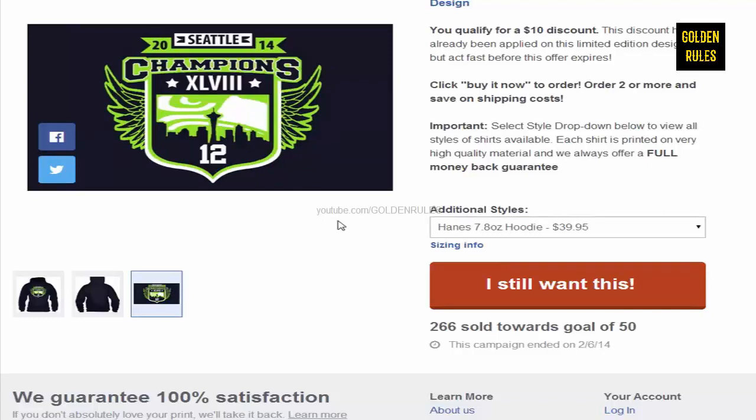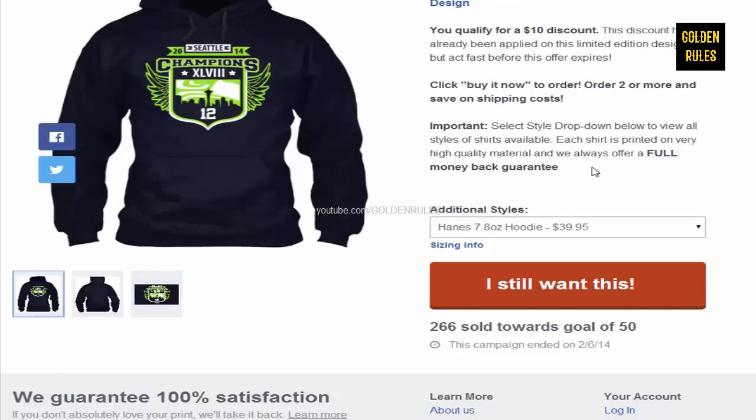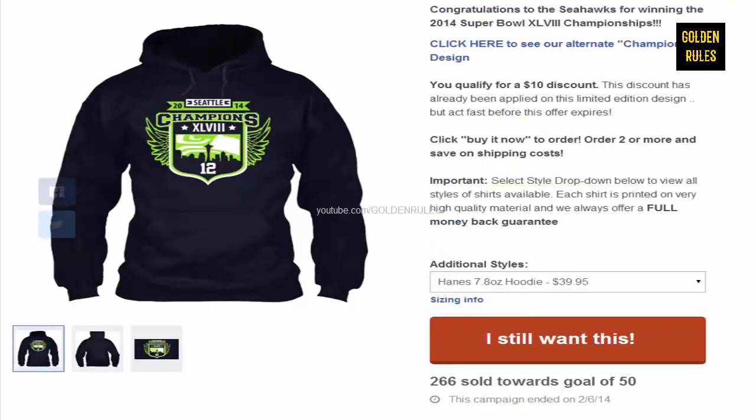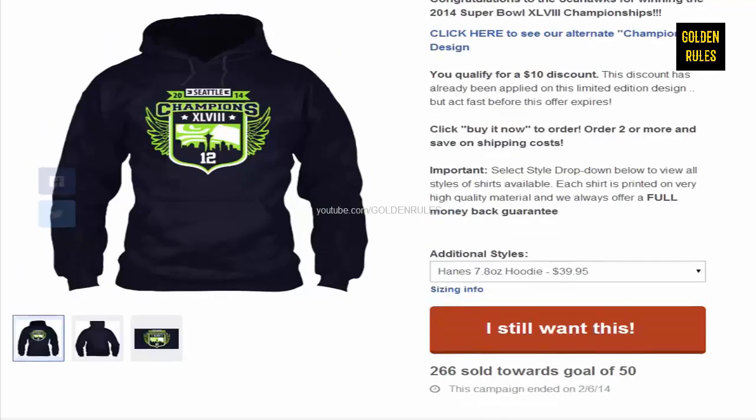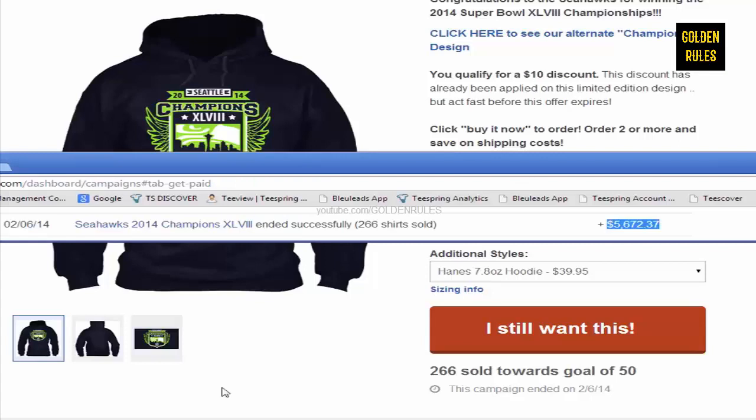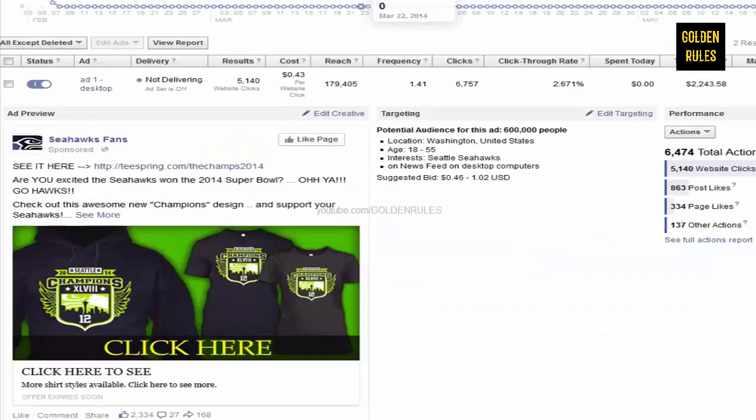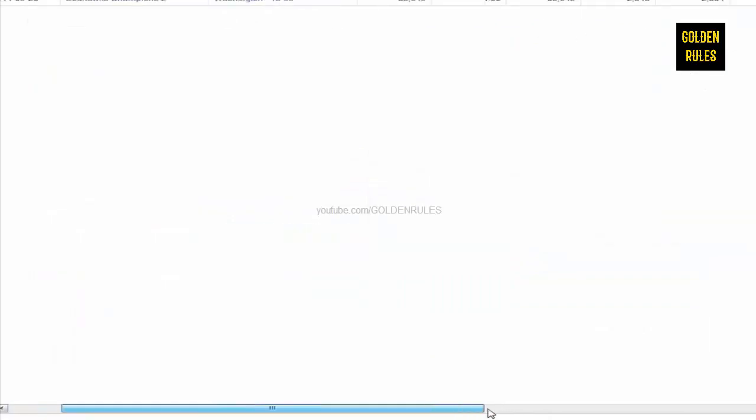So I'm thinking the wings probably are what gave it away, but I doubt you could do that now because of all the pressure on Teespring, but I still wanted to show you examples that were working for me. This one did pretty good. It brought in 266 sales, so let's see how much that was in Teespring. $5,600, $72 there, and the ad cost altogether was